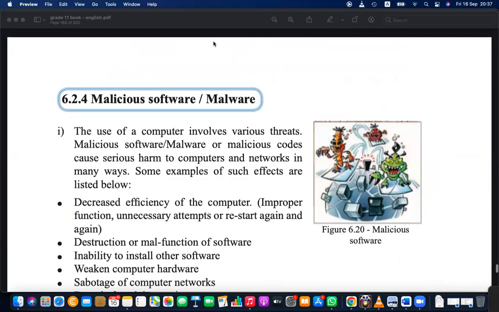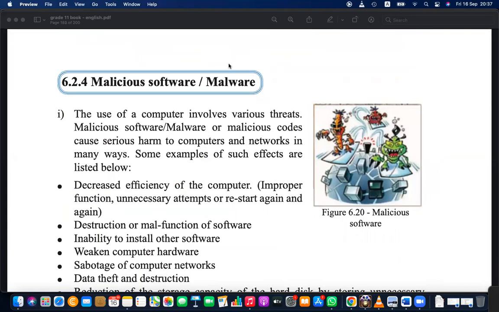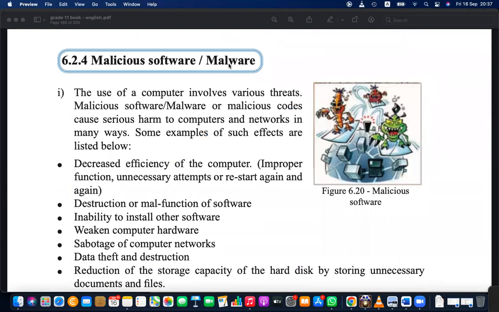Today we have to discuss malware, which is known as malicious software, or in other terms, harmful or disruptive software. Once this software infects a computer, it may damage our computer hardware and software resources.